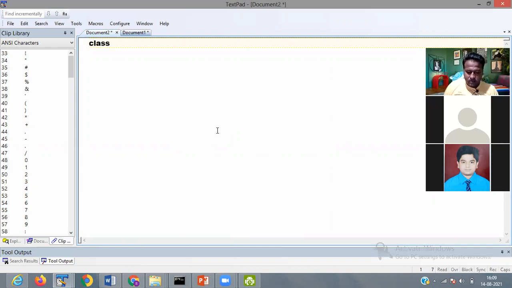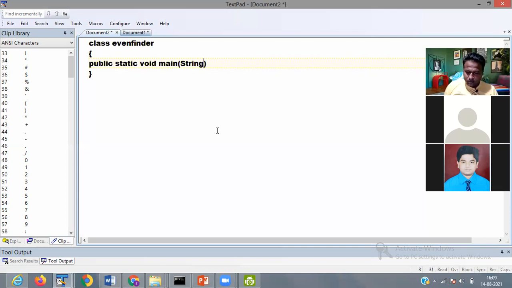Plus, even finder. Then public static void main, string values.